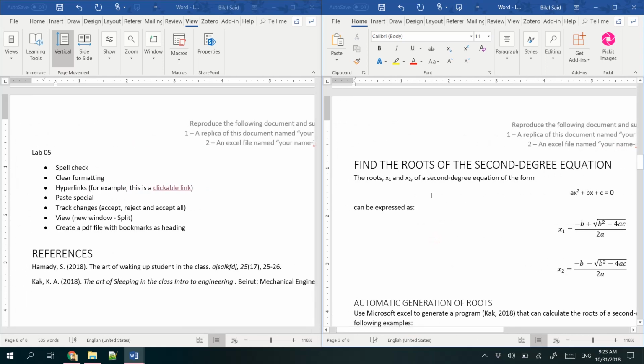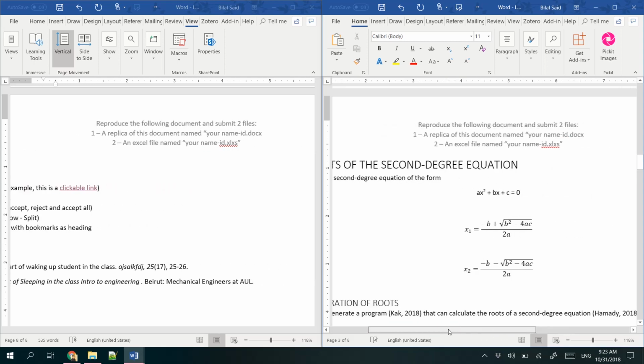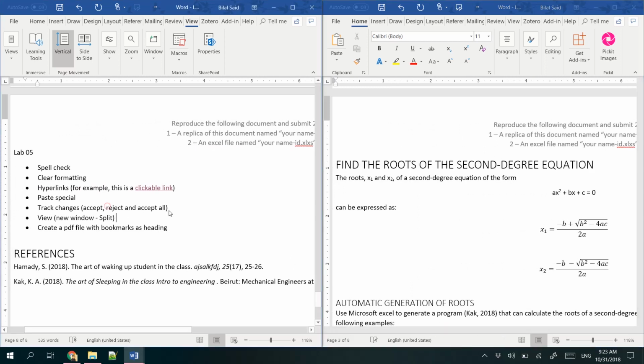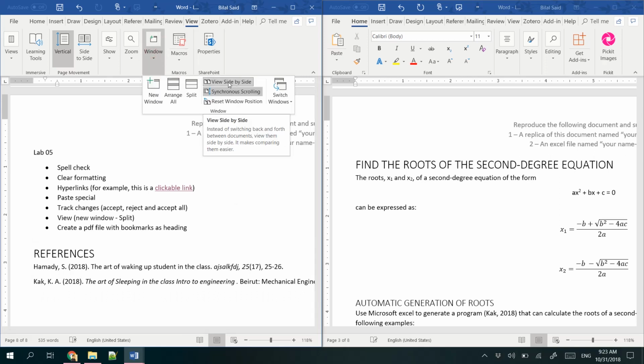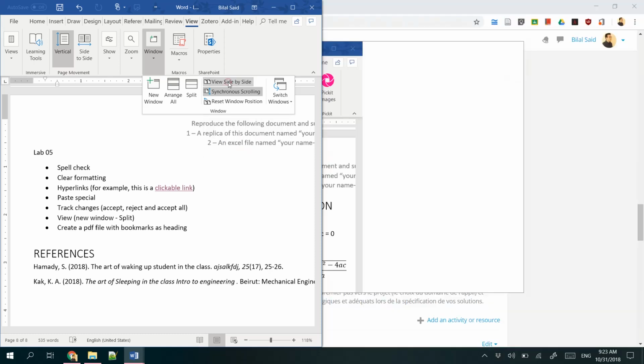For example, if I have two different pages with two different, say, graphs or images on them, or two different tables, and I want to edit or fill in one with respect to the other, I can easily do this by creating a new window and showing two different pages on each window, and then scrolling up and down at the same time. So when you want to go out of this mode, you can click once again on the